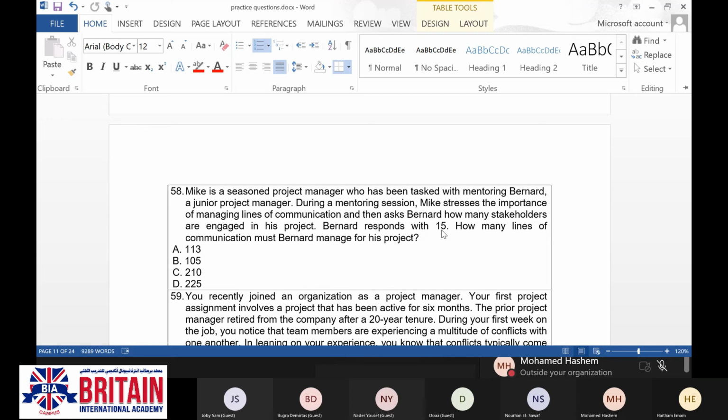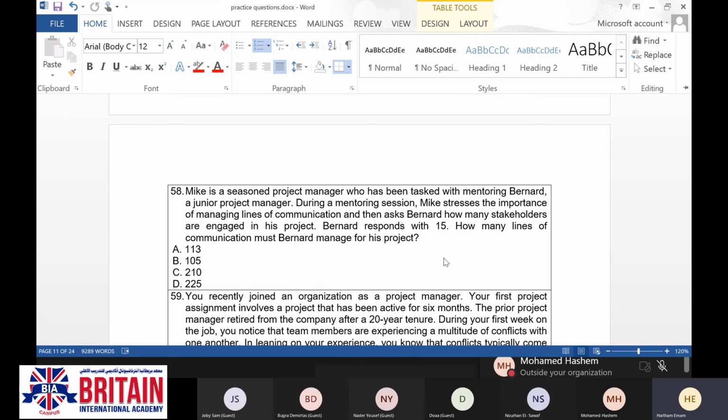Can I just have a look at the formula? Here the question is asking about, if you remember, when we were talking about the communication management plan, there was a certain formula, called communication channels.